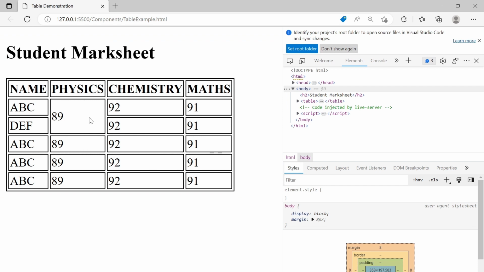So these two rows are merged and create one 89 here. Same thing we can do for other subjects.